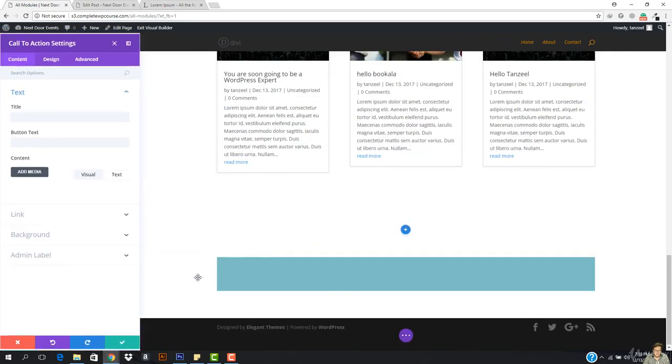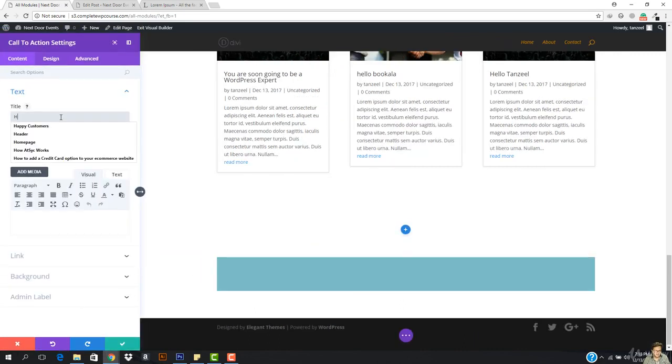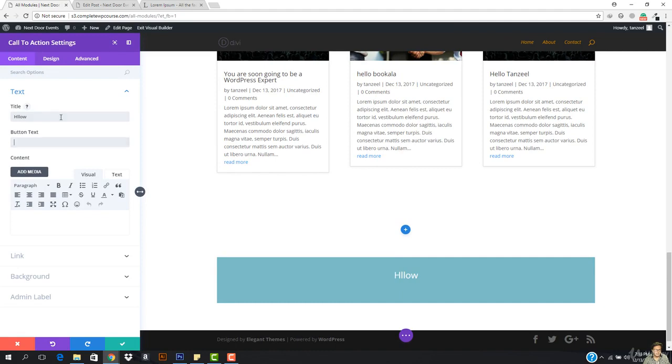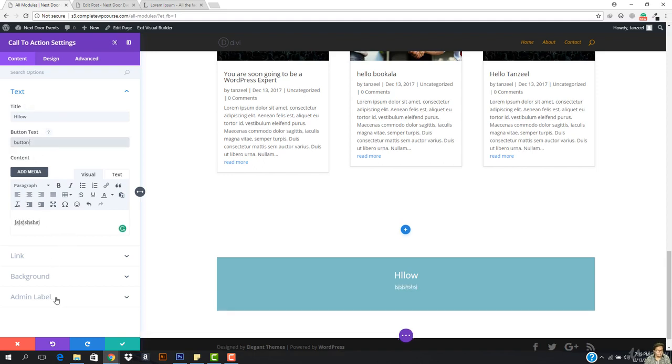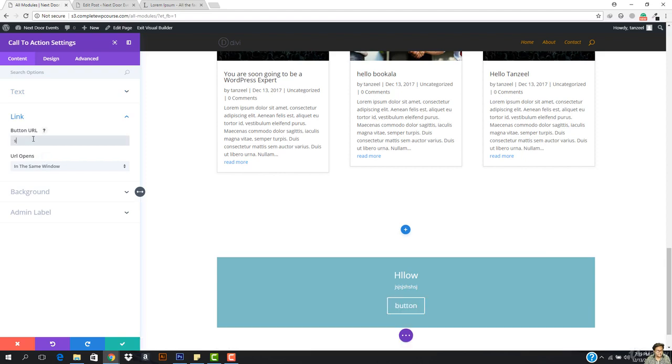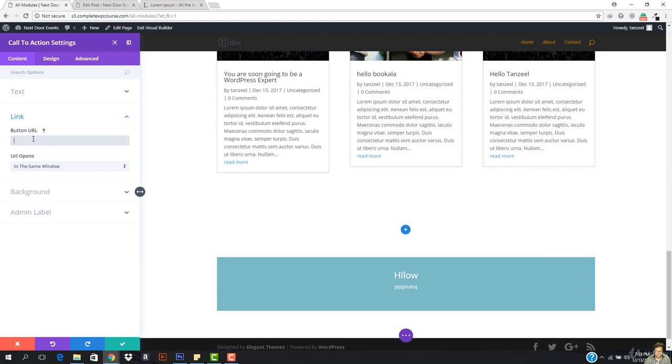So let's add a call to action right now, here first. I'm going to add hello, and then I am going to add the button. So the button is going to be button 1. Then I'm going to add the content right here, and I'm going to add the link right here. So the button URL is going to be this right here,